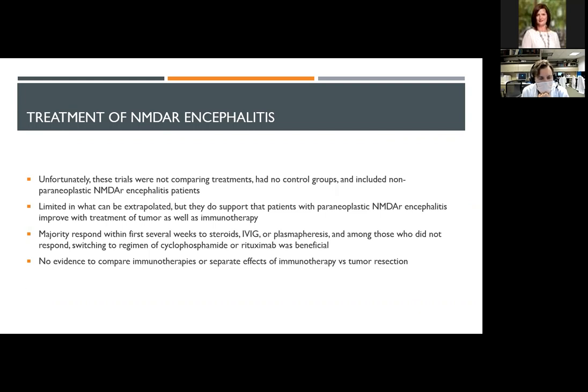We should generally be starting with the high dose steroids with or without either IVIG or Plex. Although, it's generally considered acceptable to just start with steroids because they work right away and you can get them right away. And then people will often switch to IVIG or Plex. And then if it's going to be needed long-term, they'll have a different agent more for maintenance. But if they don't respond to that, then either cyclophosphamide or rituximab, chosen by the treating physician, did lead to improvement.